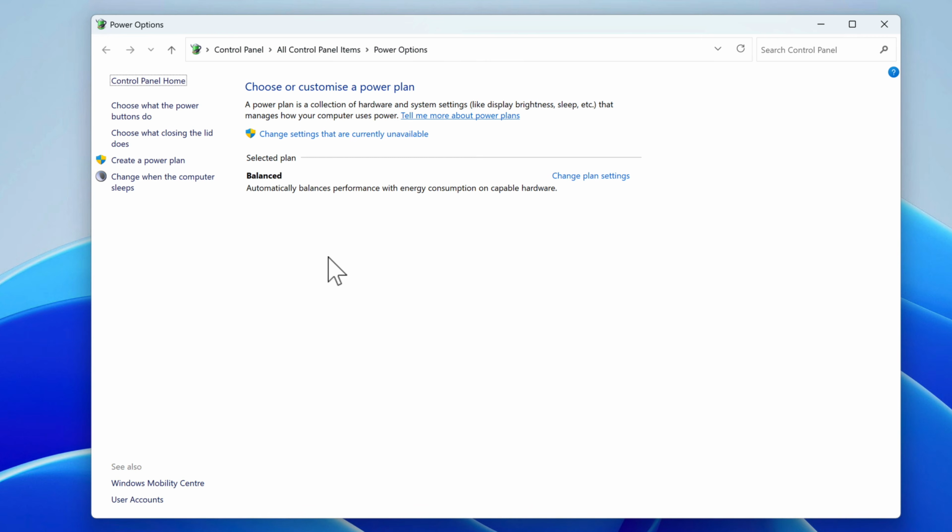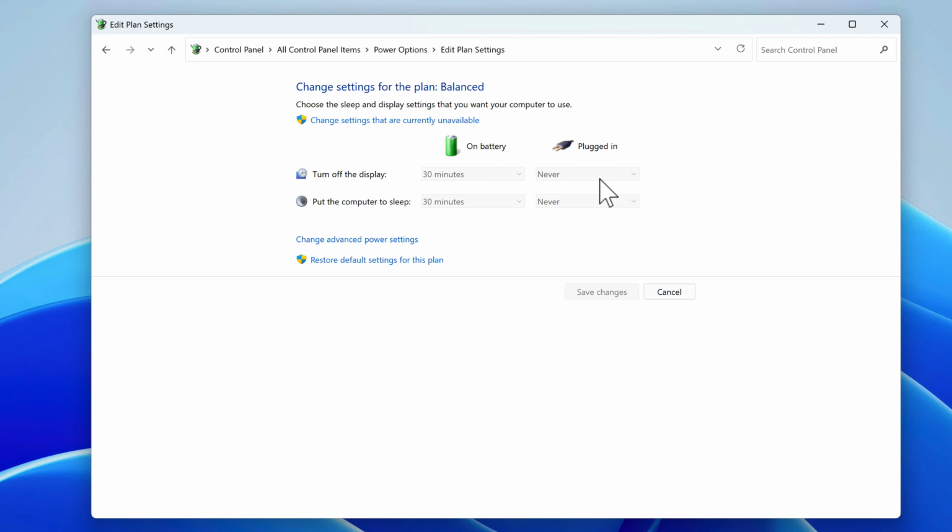This is the fastest way to access power plans, faster than navigating through settings. Go to Change Plan Settings and configure your preferences. Command 14,